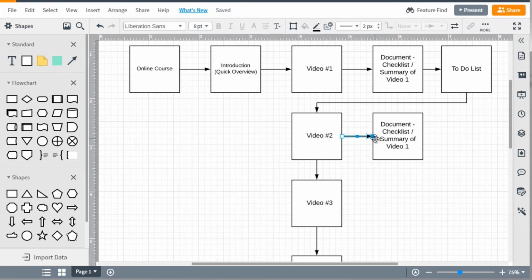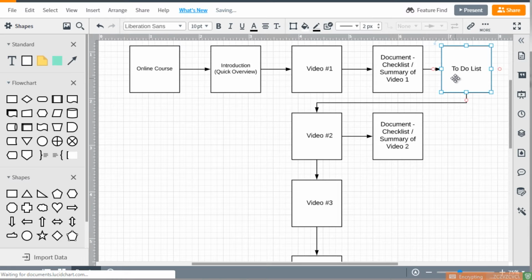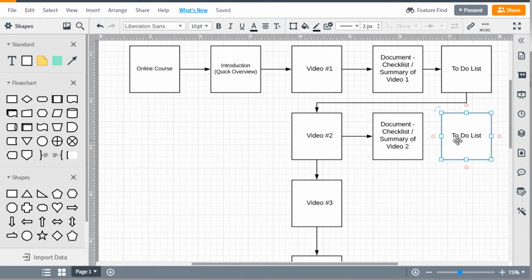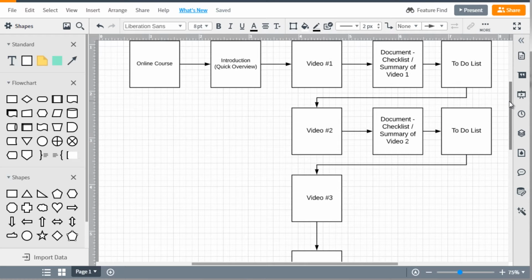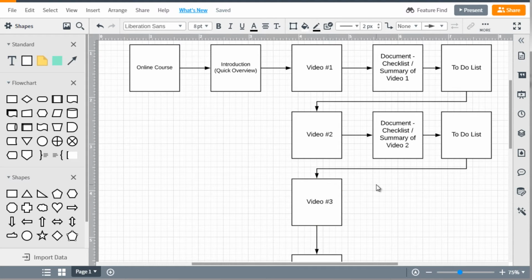And from video 2, we have another checklist and a summary. And maybe a to-do list. So as you can see, the to-do list basically tells people, okay, this is what you need to do next. So you need to do this next before you get to the next video. So we do that. Now we want to mix things up. You don't want it to stay too consistent. So maybe after video number 3, we can offer something like,